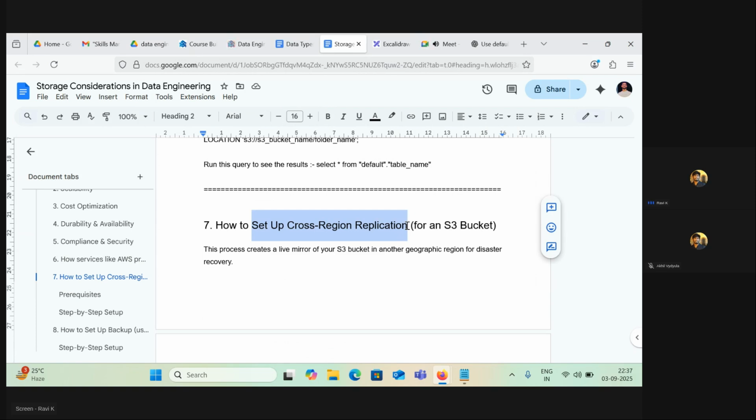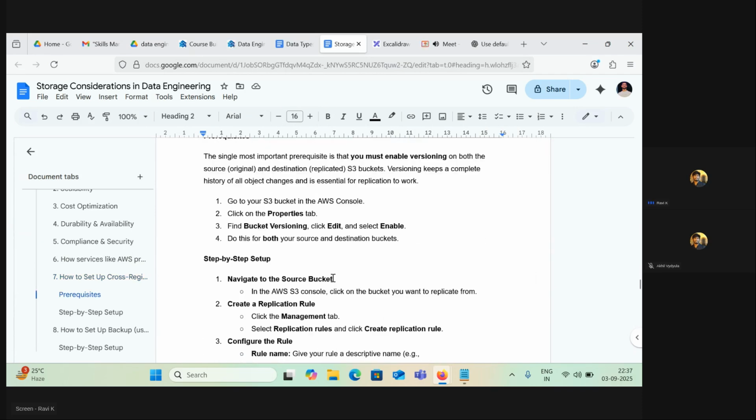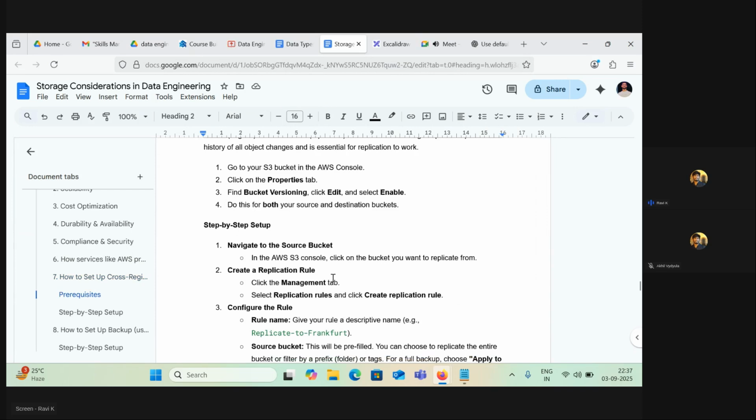Now you create one bucket in Mumbai. Similarly, open a new tab for S3 bucket. Just duplicate the tab and change your region to any other, let's say North Virginia, us-east-1. That's the name. Now just create one more bucket there. Then perform all these steps. Mumbai region will be your source bucket. North Virginia region will be your destination bucket.